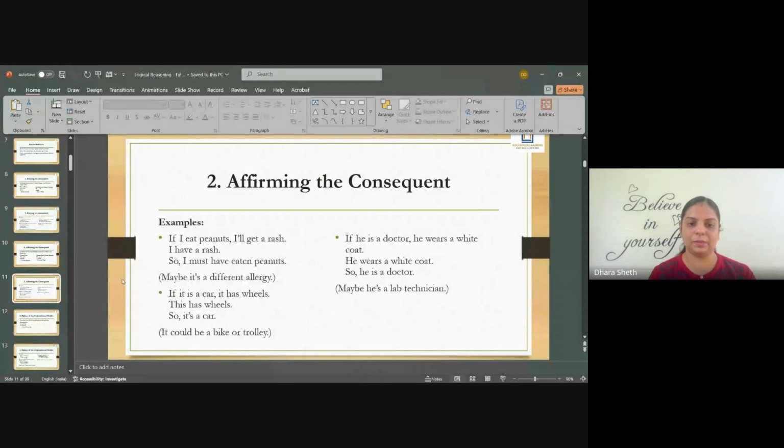Let's see an example. If I eat peanuts, I will get a rash. I have a rash, that means I must have eaten peanuts. But it could be a different allergy. There could be a lot of other reasons for having a rash, right? However, the reverse is true. If I eat peanuts, I will get a rash. I must have eaten peanuts. If I say that I have eaten,